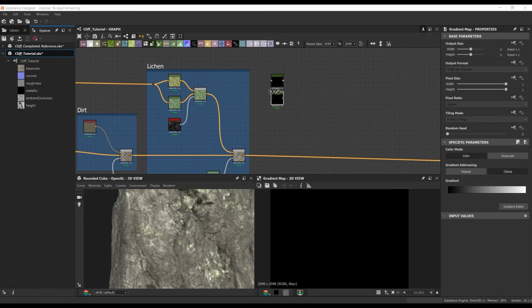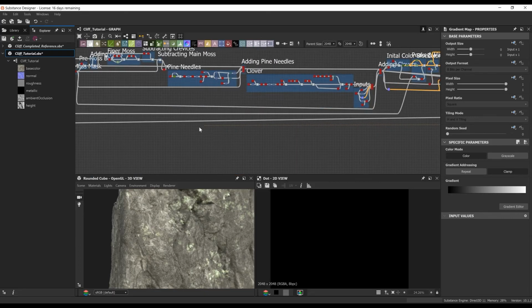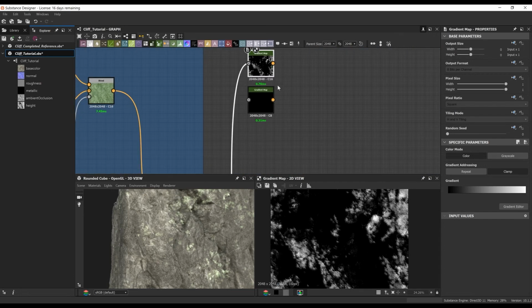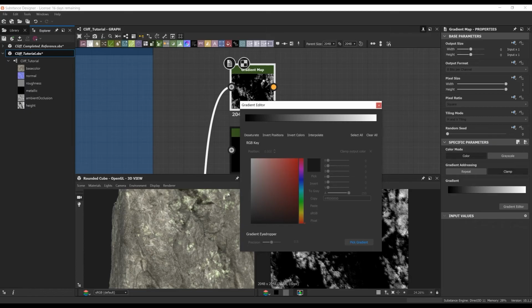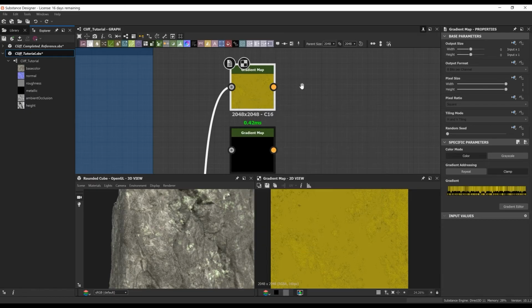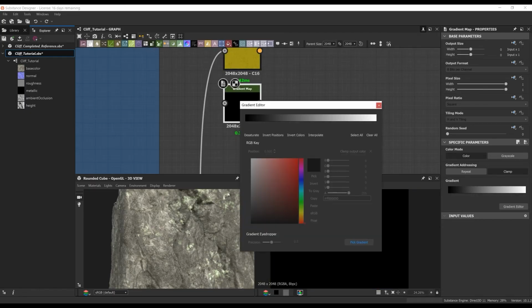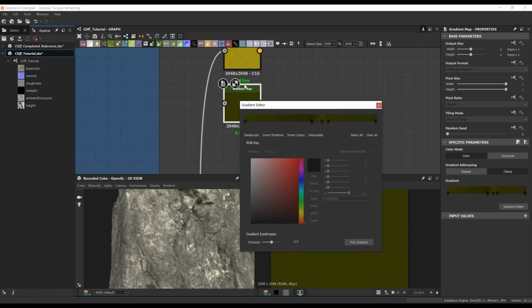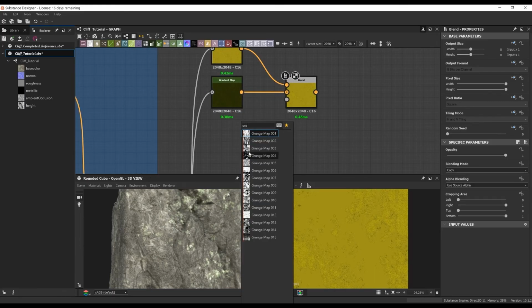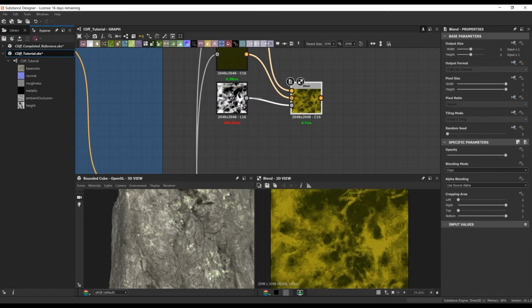Next up, this is where we're actually going to get the moss color added on this guy. So here I'm actually going back to, again, that famous moss mask. I'm always going back to it because I know that's where our moss is being placed. So here you just see me plug that guy in. Again, just sampling off screen the colors from our finished graph just to get something similar. And I'm going to blend between these guys with just another grunge. Feel free to use any sort of grunge you want. I just felt like this is what I needed.